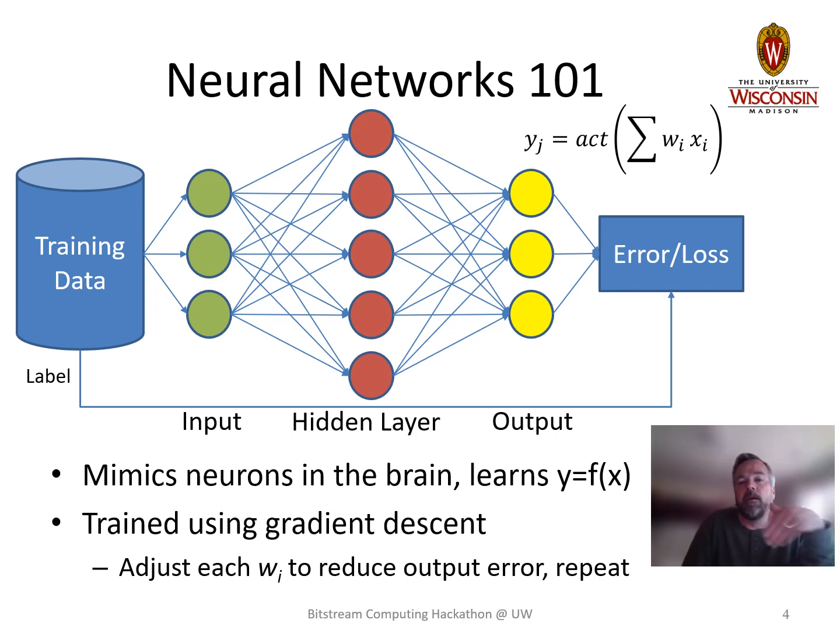And then I'll repeat the process with thousands of images of dogs and cats and turtles. And over time, all of those weights will converge to an approximation that will then produce the right response on the output when you present the network with a picture of one of those three things. So that's simplistically what a neural network is. Hopefully that's enough background for you to understand the rest of this presentation and